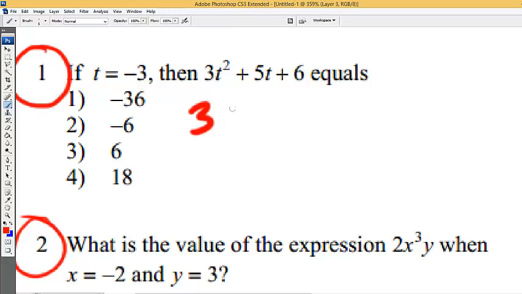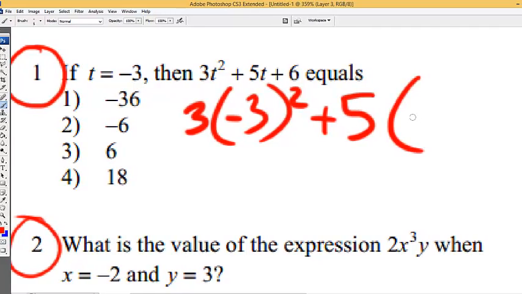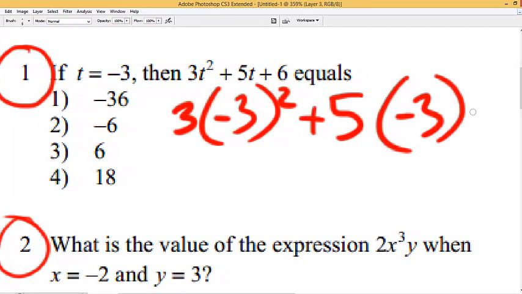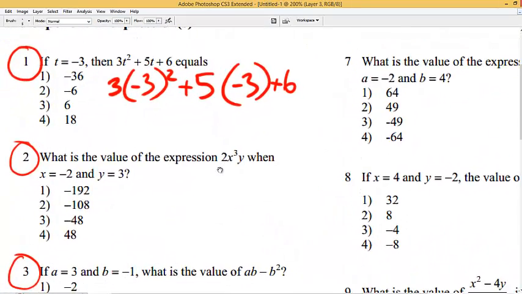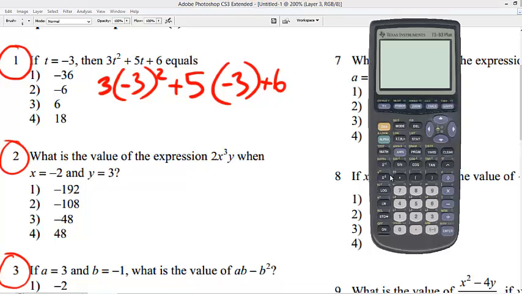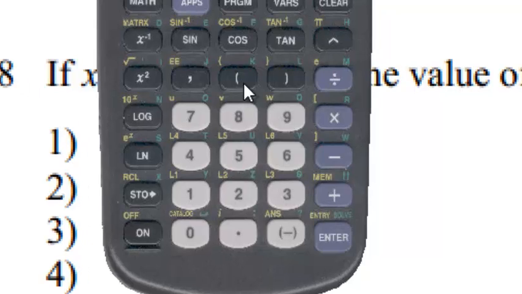So I'm going to write 3, (-3) squared plus 5(-3) plus 6. Now I'm going to bust out our handy dandy calculator, and this is going to do all the legwork for us. Let's turn this on. I'm going to press 3, open parentheses, -3,